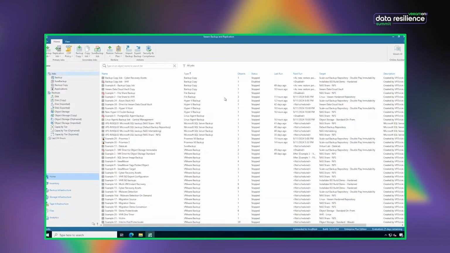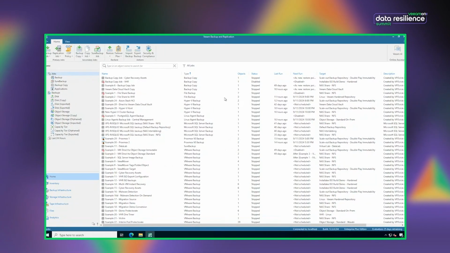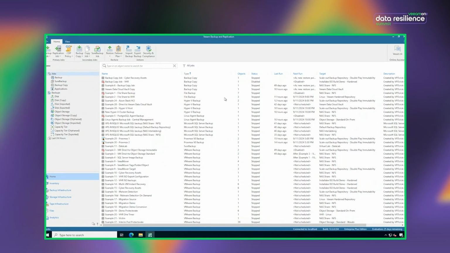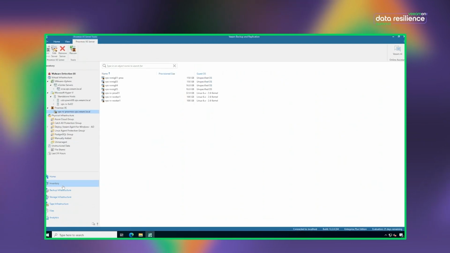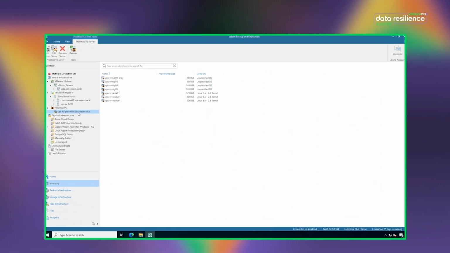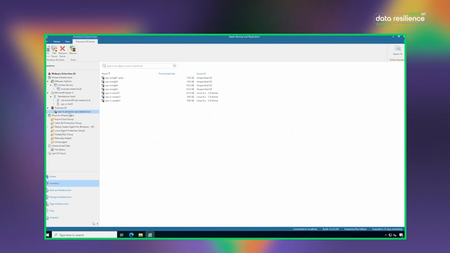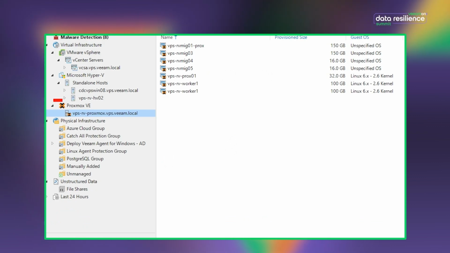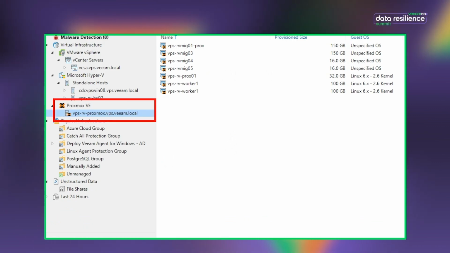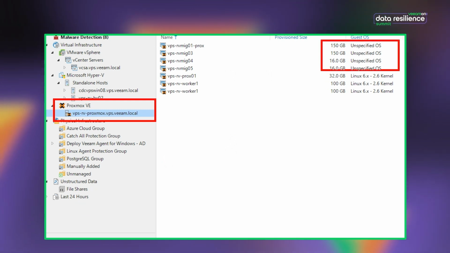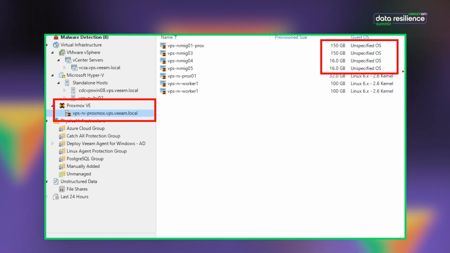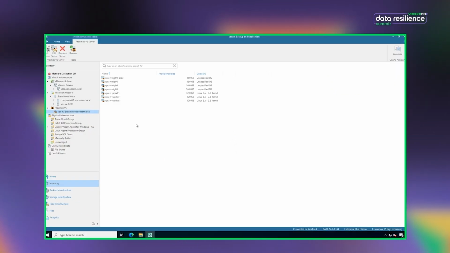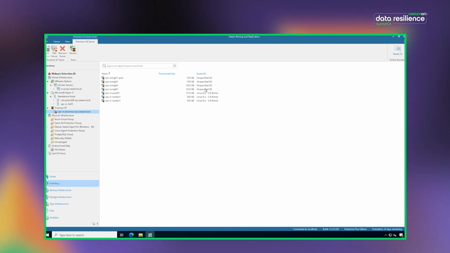Okay, so now what we're looking at is our lab here. This is the same lab I was using for the general session. Now, a worker is loosely equivalent to a proxy. So if I'm going to take a look, first of all, at my individual Proxmox host here, now this is a single one. I have them powered off. I'll admit this is a lab. That's why it says unspecified, so it doesn't know because it hasn't been running. But I have seven or so virtual machines on there, some Windows and some Linux. So this is what I'm starting with.